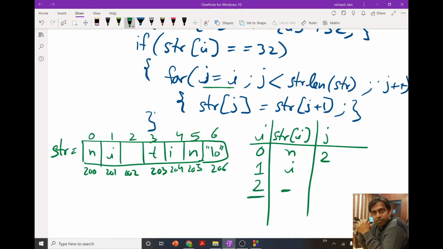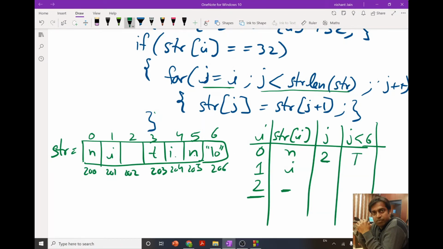Now we put this condition, j less than strlen(str). What is the length of the str? It is 6, 1 2 3 4 5 6. So j less than 6. This is our condition. Now since j is 2, this condition is true.